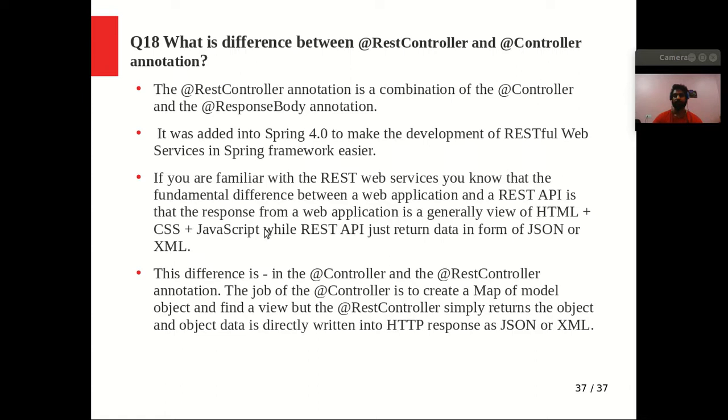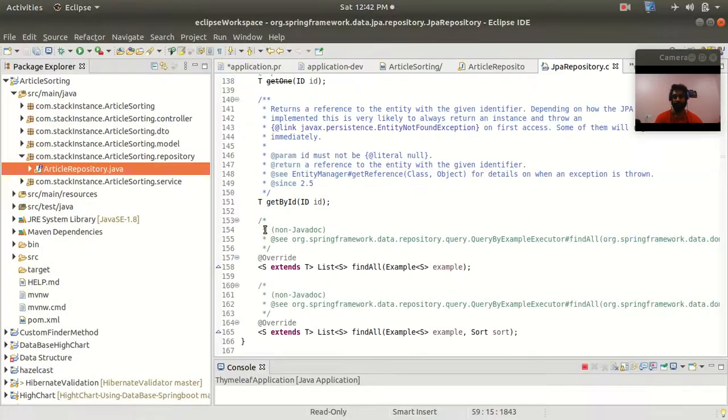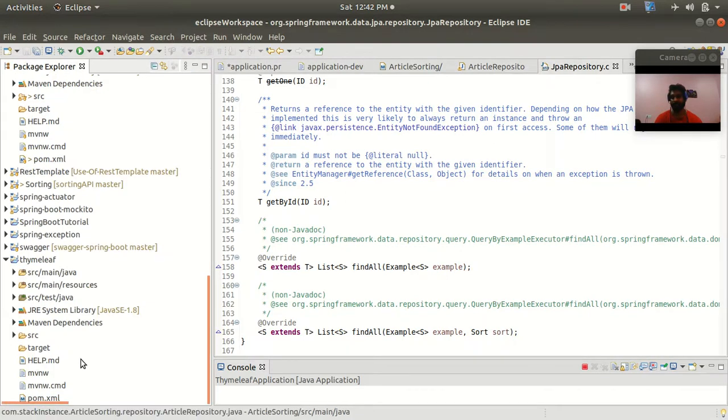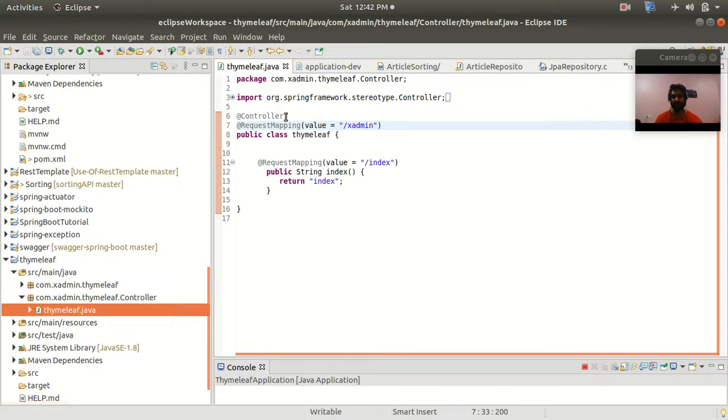And there I have used @Controller. There I have not used @RestController. So let me show you that also. Here in Thymeleaf, I need to get the response in HTML or JavaScript, so for that you cannot use @RestController. In the controller class, you will see that I have used @Controller, not @RestController, right? Because with the help of that controller, we will get the response in HTML,